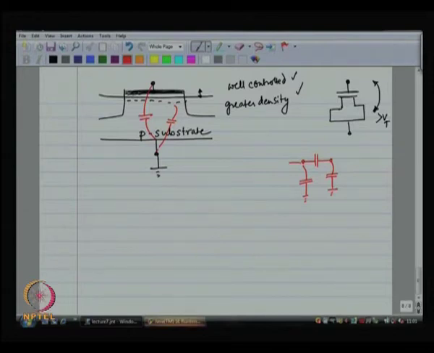So, this is what you have built, and these parasitics are reasonably comparable to the floating capacitance basically between the gate and the channel. So, this is a drawback of this technique,